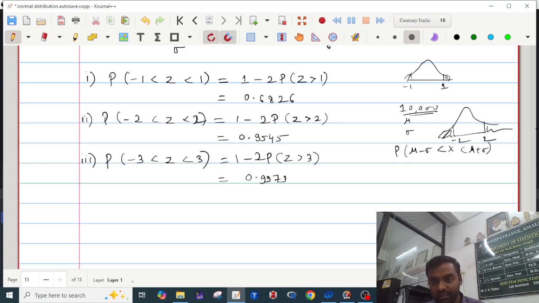So in this example, out of 10,000 observations, 9,973 observations lie between plus minus 3 sigma, and only 27 observations are out of this box, out of this plus minus 3 sigma. Okay. 10,000 प्रोडक्ट तयार होत आहे तर त्यातले 27 डिफेक्ट आहे आणि 9,973 प्रोडक्ट जे आहे ते हे